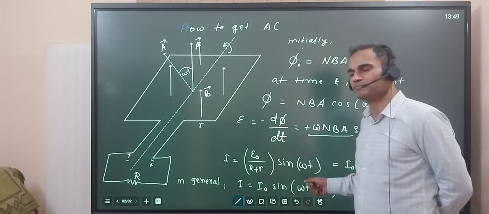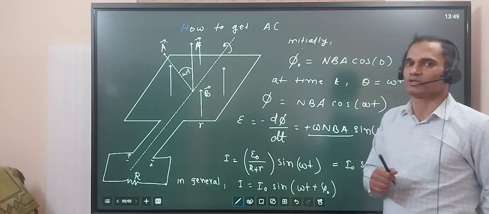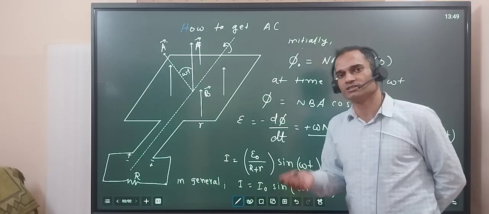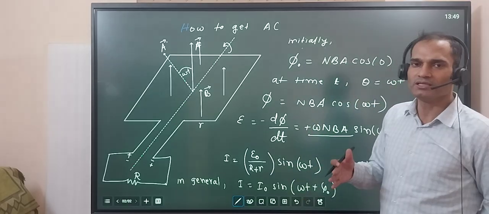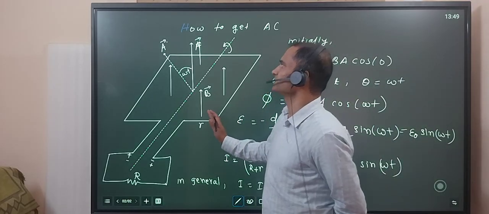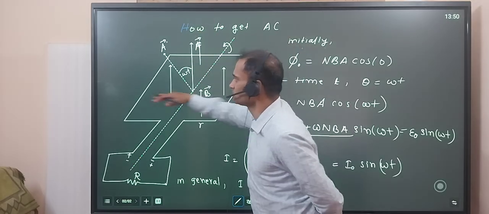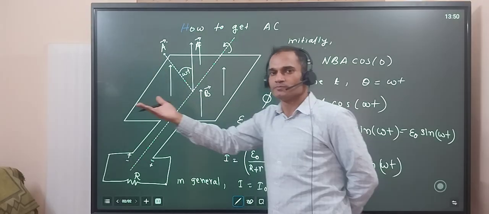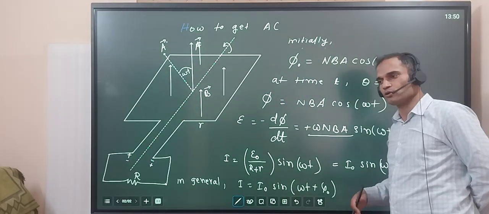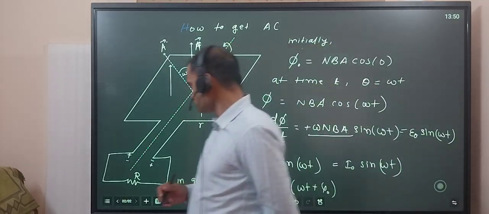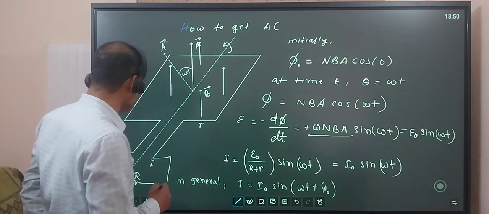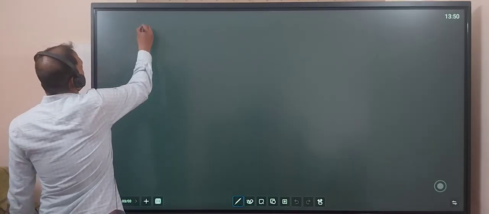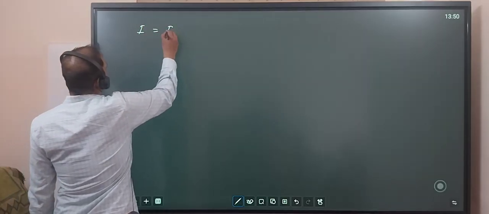Sine omega t plus pi by 2 will become cos. So cos omega t is also sinusoidal. Sine omega t is also sinusoidal, and maybe this loop's area vector is not vertical or not horizontal. It may be in between them, so it can be pi by 4 also. So far what we have seen, we can easily get this kind of